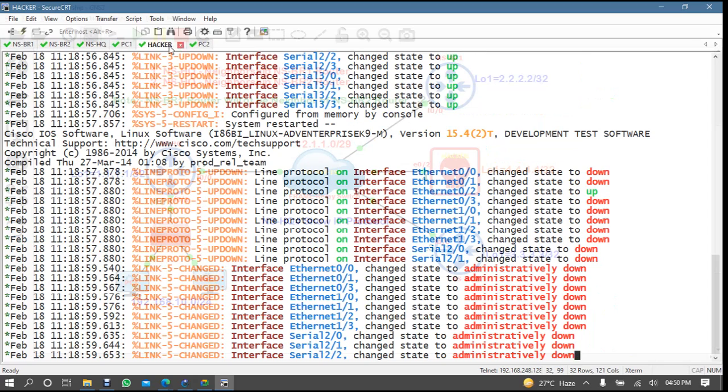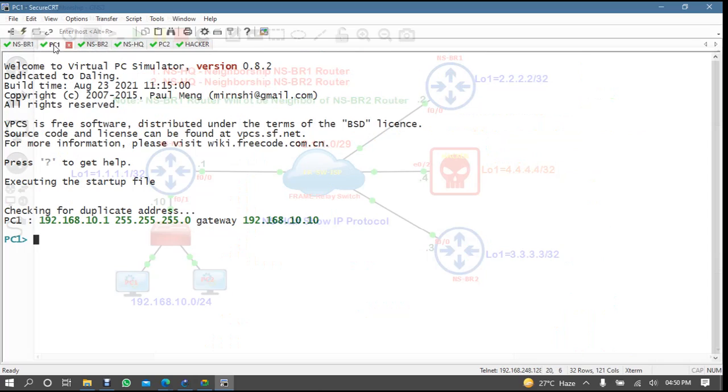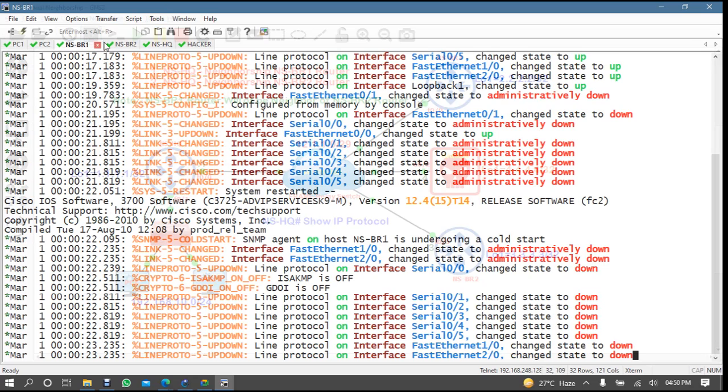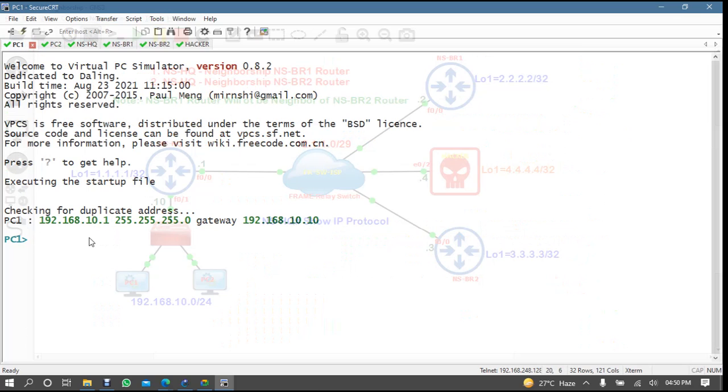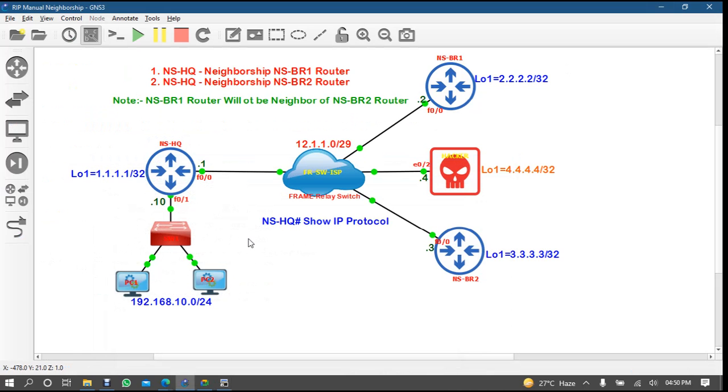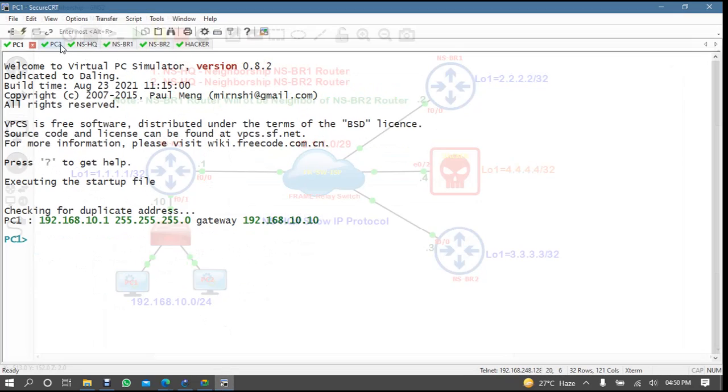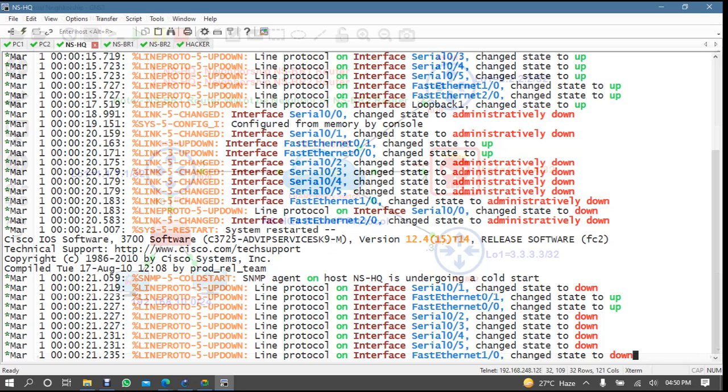Okay, so PC1, PC2. The IP address is configured here. You can see here 10.1, and here I'm using 10.10 as a gateway, 10.2, and the headquarter system.